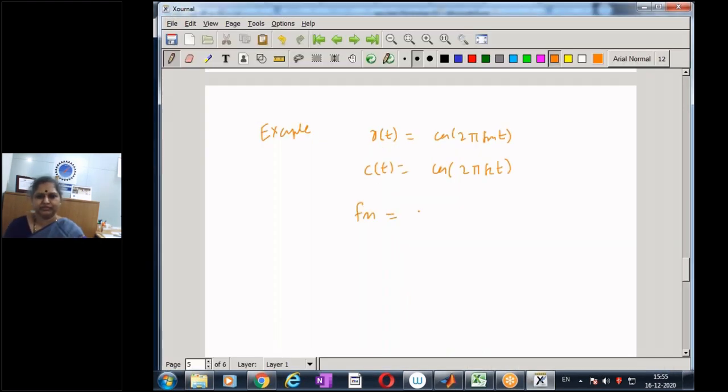Some frequency, for example, say fm is 400 hertz, and let us say fc is some other higher frequency, say 1200 hertz. Now what we'll do is form another signal y of t given by the product of x of t and c of t. Let us see how the spectrum changes when I multiply two signals in time domain. So in time domain, I'm having a product, and let us see what happens in the frequency domain. I'm taking two sinusoidal signals. We see the spectrum individually, and we'll also look at the spectrum of the product.